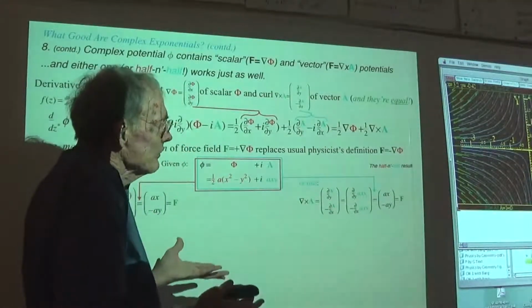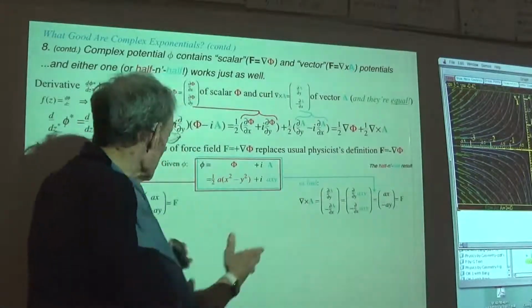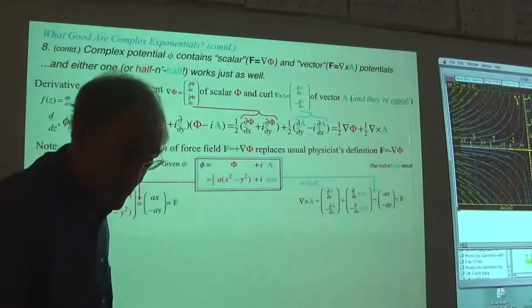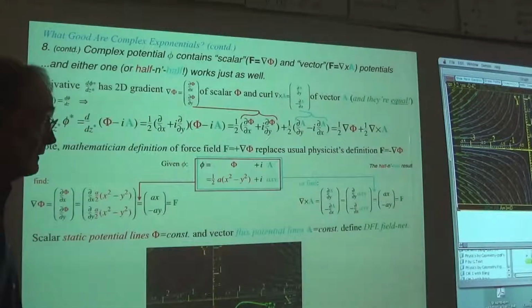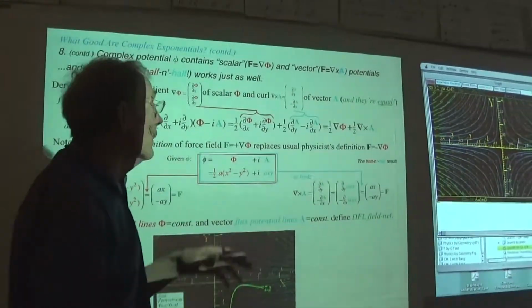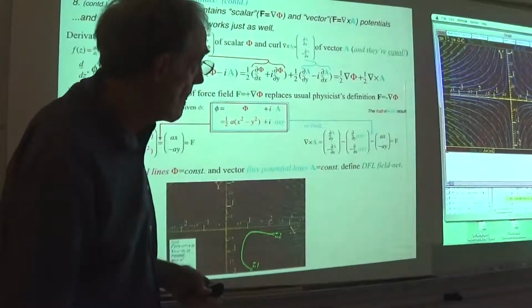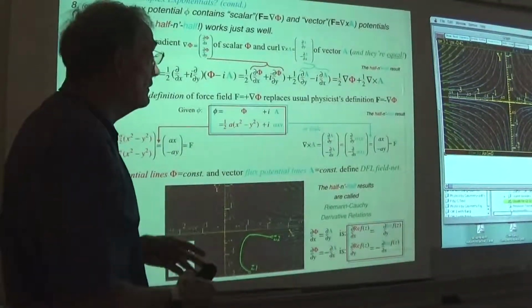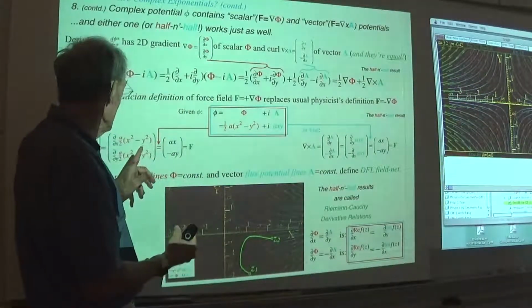Okay, or if I'm in magnetism doing magnetostriction, I just work with this one. But they're both available. They will give the same result. It doesn't matter which one you use. You can give 1/3 of one and 2/3 of the other if you want. Okay? Now these half and half results, the fact that this works, the fact that I get the same answer